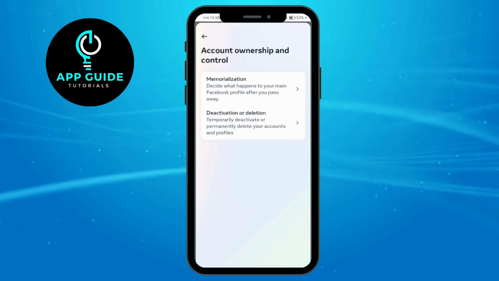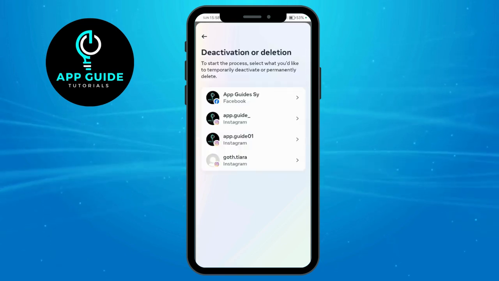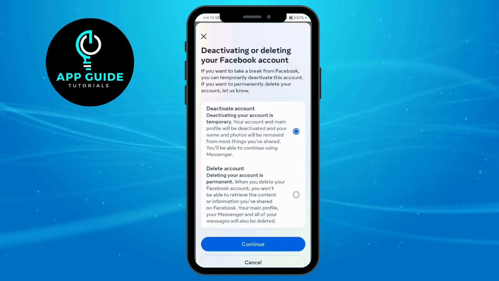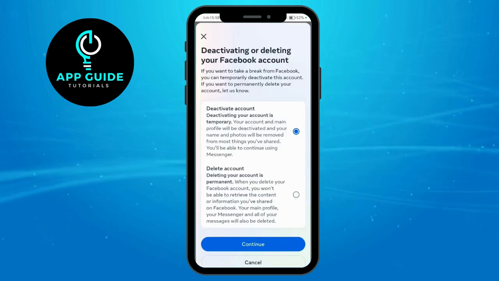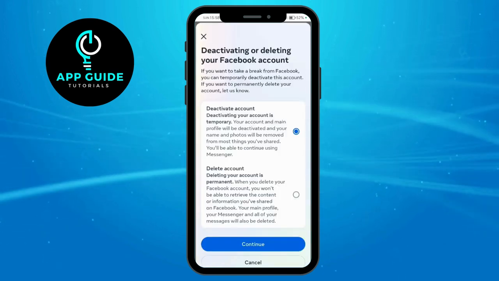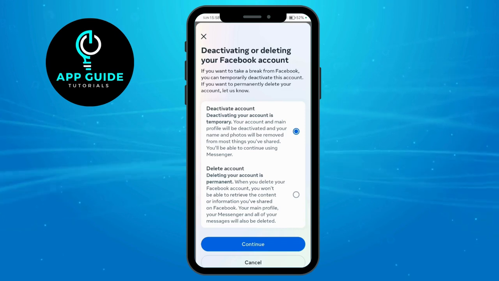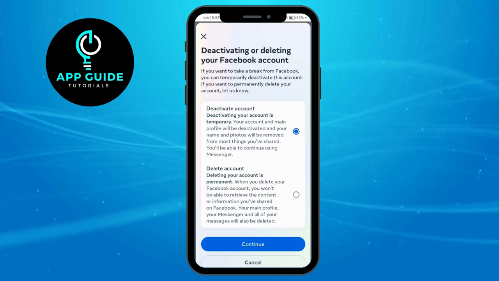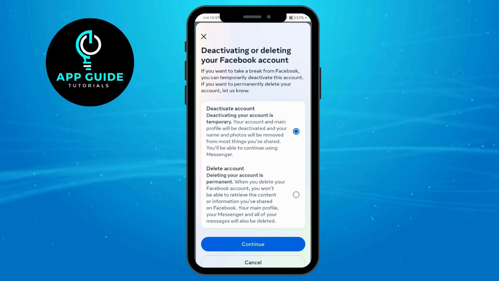and click on Deactivation or Deletion right here. Now, you just have to type your Facebook account and you are given an option whether you want to deactivate your account or delete your account. Deactivating your account is a temporary process. So if you want to push through with it, all you have to do is hit Continue